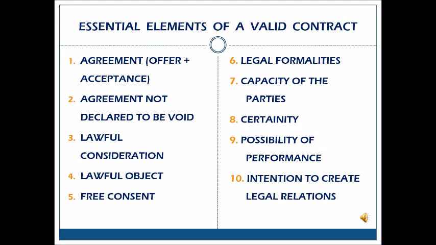The eighth point is certainty. The agreement or the contract that is going to be made has to be certain. It shouldn't be uncertain or involve any unrealistic projects, etc. Like I said before, the agreement should not be declared void. You cannot make contracts regarding a murder or any other illegal or immoral